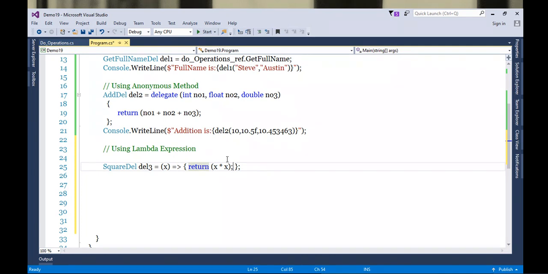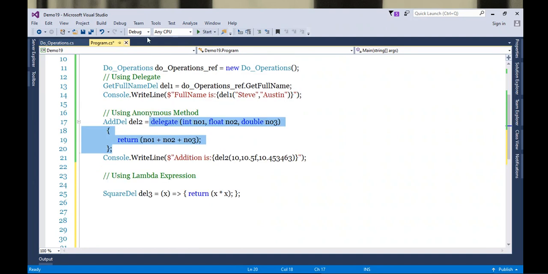I'm sorry, so the semicolon needs to be there. So you can watch out here. Three things I specified. The first one is parameter, the second one is goes to operator, and the third one is logic. So if you compare lambda expression with anonymous method and with the first option delegate, this is the smallest.